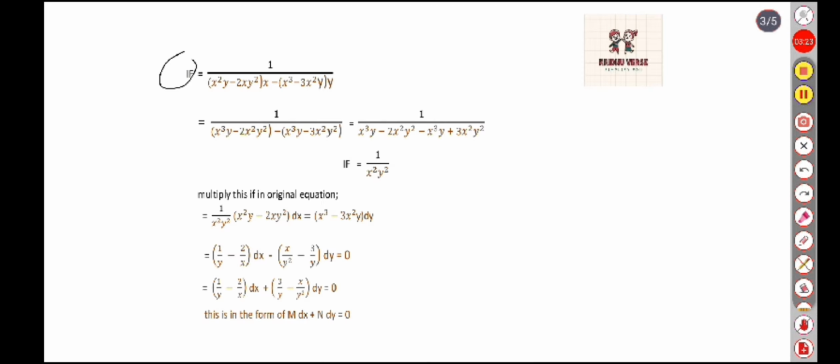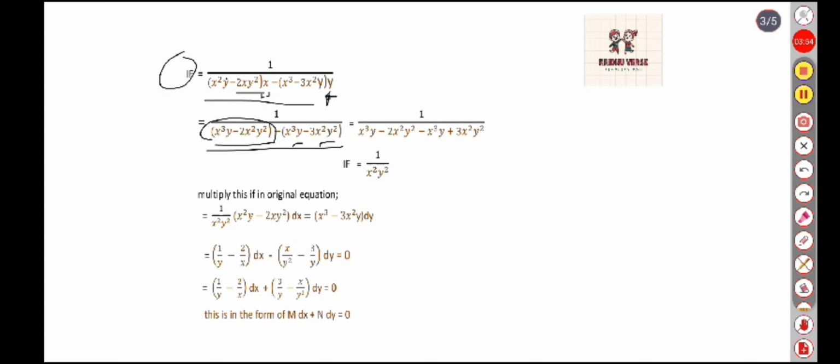So here we take the IF. This is our equation. In that we multiplied x and y respectively as per the IF formula. So now solving it, we multiplied x here. We can see, after x square here becomes x cube. Here 2x becomes 2x square. Here we multiplied y, because here after x cube there is no y, but here y is there. After that minus 3x square y square it became. Okay, this is the first thing we have done.